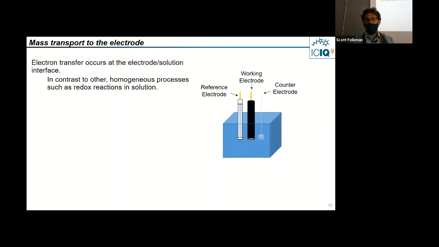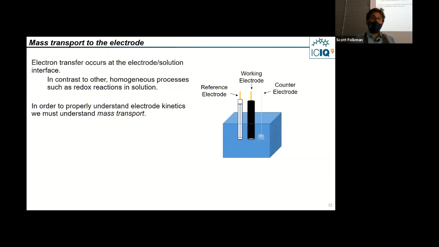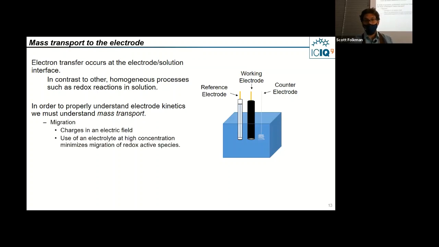We have to have mass transport to the electrode. So in order to properly understand the kinetics and the current response that we observe, we have to understand this mass transport. Now, migration we already talked about a little bit, which is, for example, the ions that move in